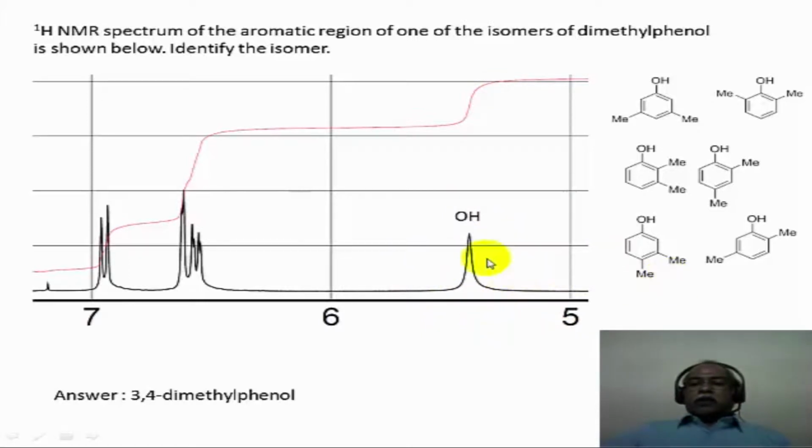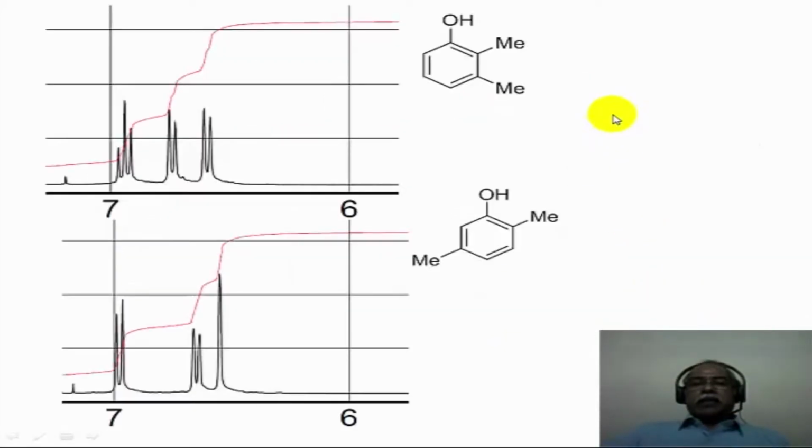So if you are curious about why we ruled out the other two isomers in this particular compound, let me show you the spectrum. The pattern will be entirely different. If you take this isomer, which is the 2,3-dimethyl phenol, this hydrogen, which is flanked by two ortho hydrogens, should either appear as a doublet of a doublet or a triplet if accidentally the two ortho J values are the same. In fact, in this particular case, this triplet-looking multiplet corresponds to this meta hydrogen, which is coming at the highest delta value here.